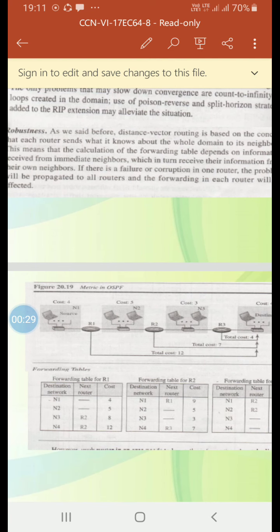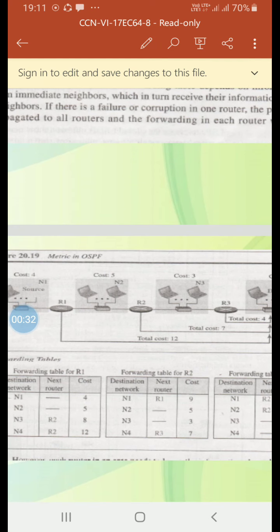Okay, metric. The cost of reaching a destination from the host is calculated from the source router to the destination network. Each link or network can be assigned a weight based on the throughput, round trip time, reliability, and so on. To use hop count as the cost will be decided by the administrator. So cost in OSPF is that different service types devices can have different weights as the cost.